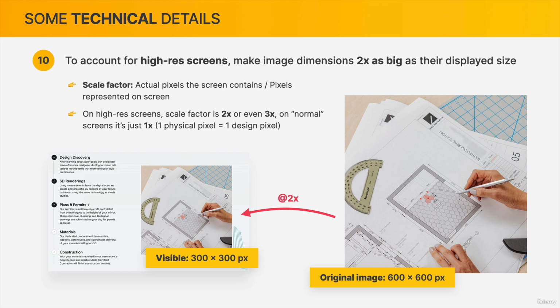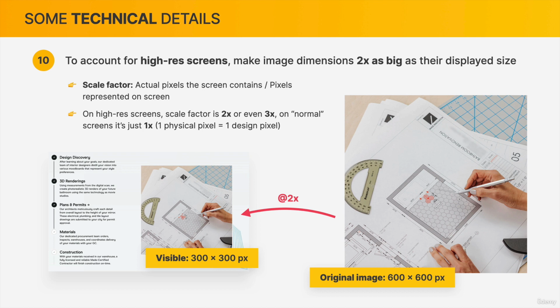Now, what this means is that for any pixel that we specify in our design, and that includes images, the screen actually uses 2 or 3 physical pixels to display that 1 pixel. And it works like this because this will create a very crisp and high resolution experience like you currently have